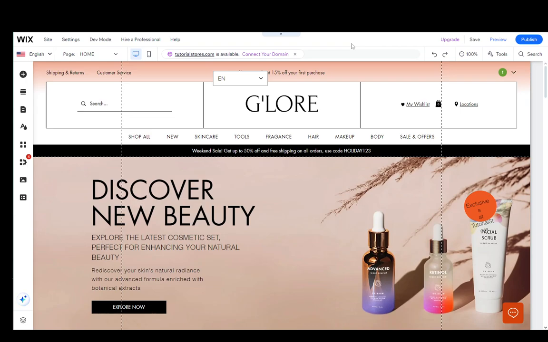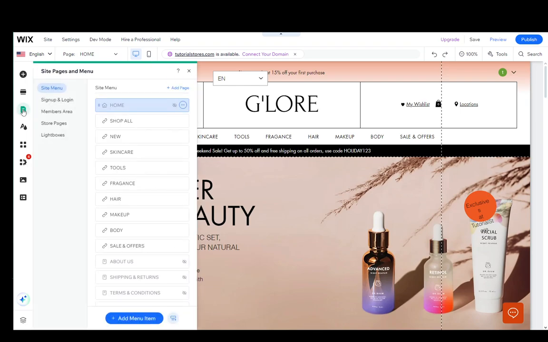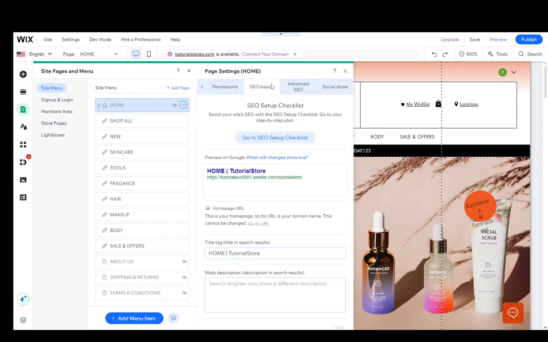Now you're going to need to add meta tags for each page separately, and I'm just going to be showing you guys on the example of this home page. So what I'm going to do first is go to the pages and menu button right over here, click on it, then at the site menu you need to select the page that you want to add the meta tag to. Then, for example, home, click on the three dots, then go to SEO basics, and once you're here, click